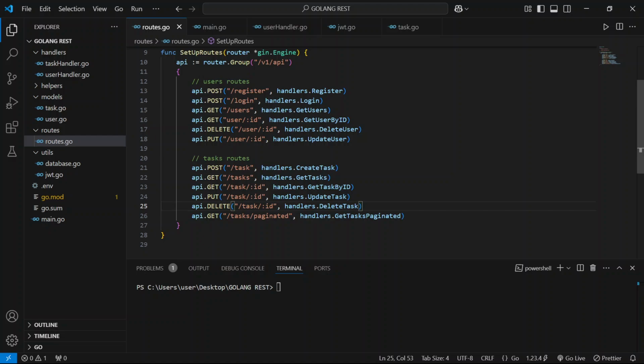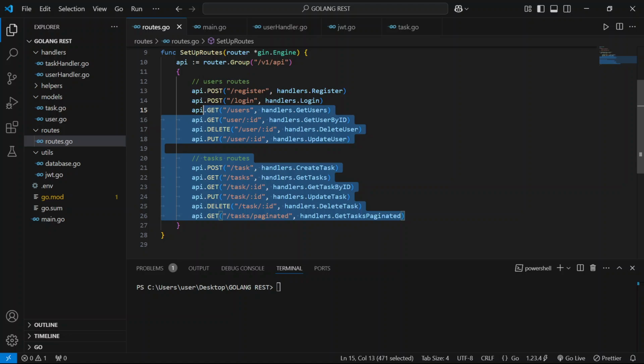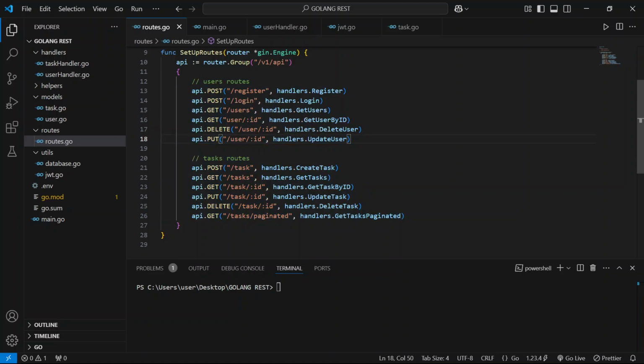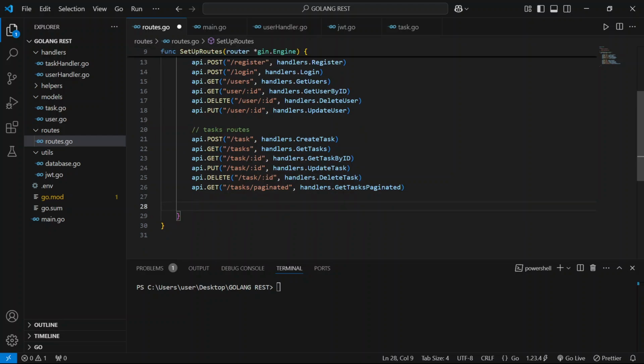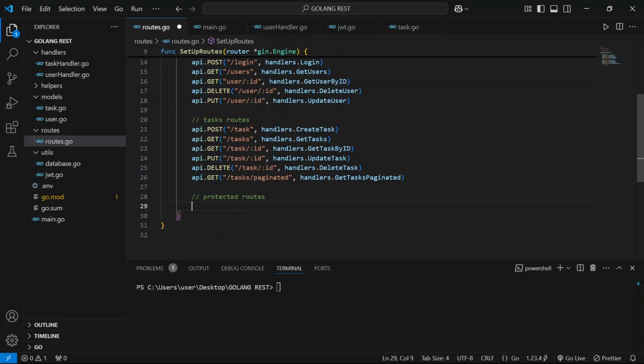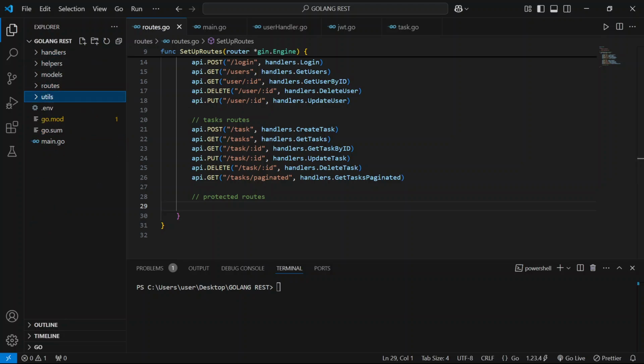So we want to ensure that this login is going to be useful. So we can maybe say, we want to turn some, because all these routes anybody can access them. So we want to create protected routes. So you can come here and say protected routes. Okay, so we're going to create an auth middleware that can be used to prevent users from accessing certain routes unless they are authenticated. So under helpers,